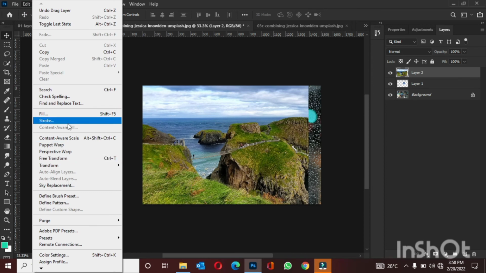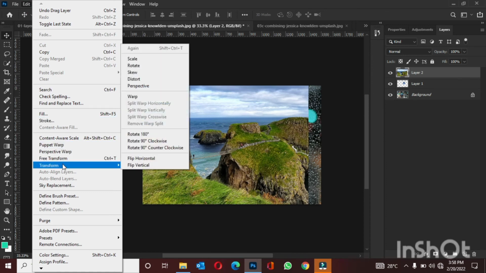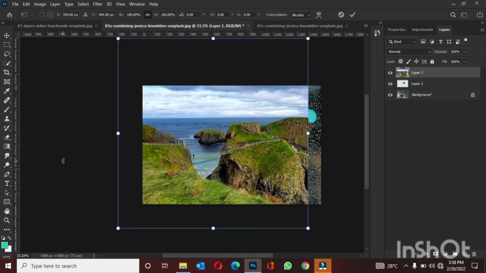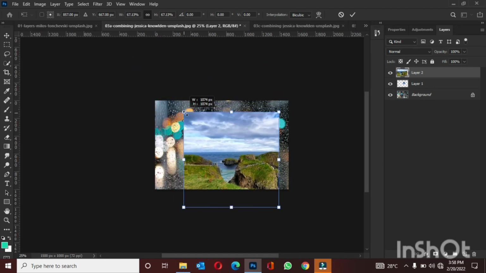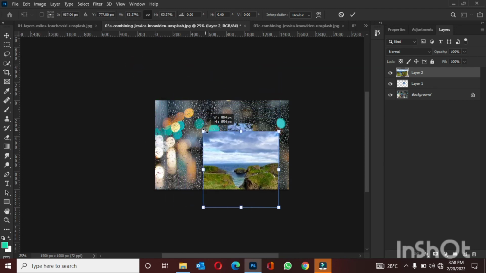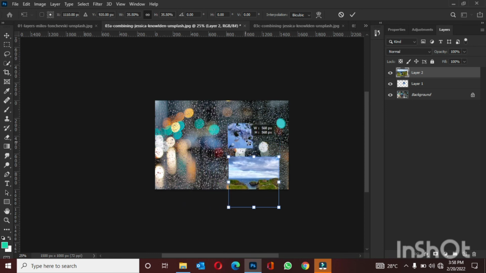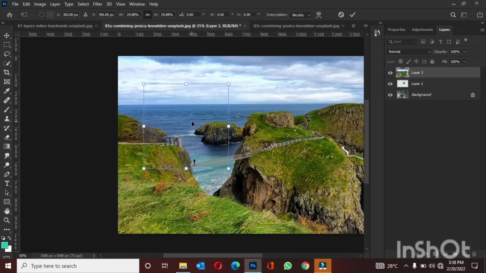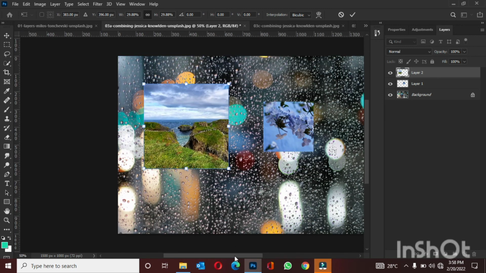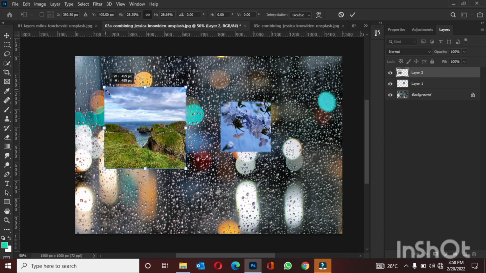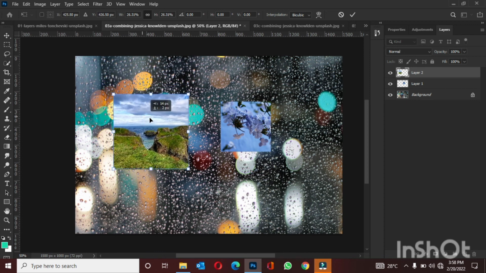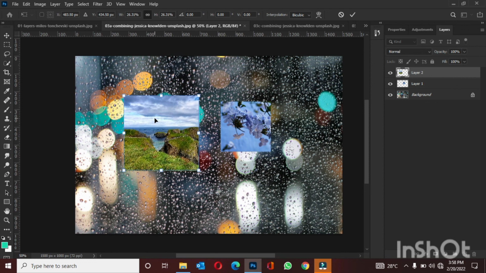So with this you can actually resize by dragging down. You can also do this with free transform by pressing Ctrl T with the specific layer selected. With Ctrl T you can transform the layer. We have all these layers into one